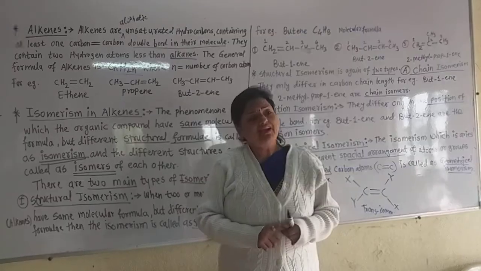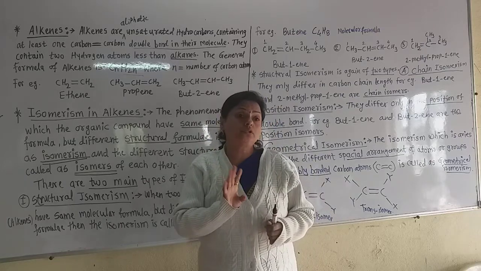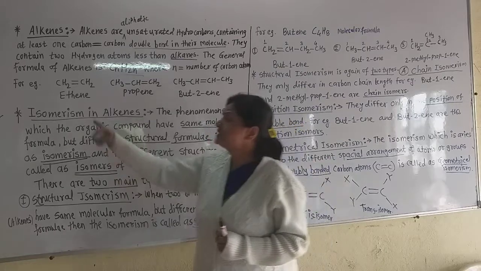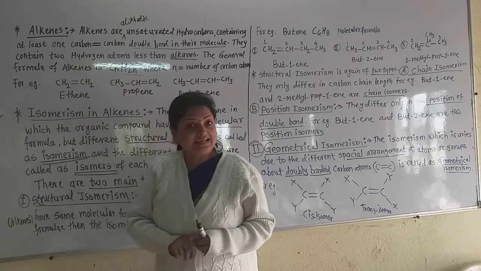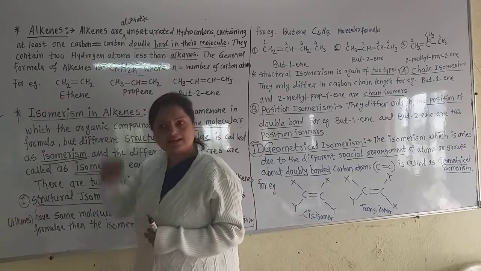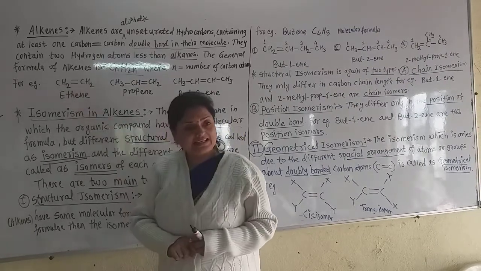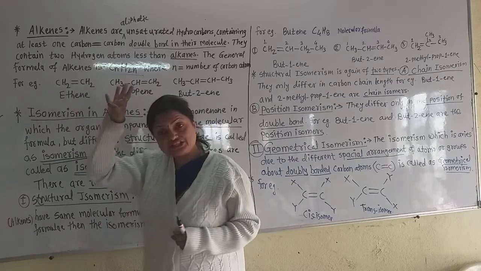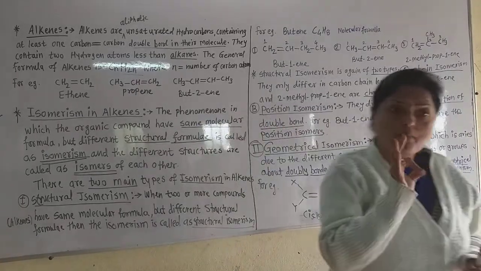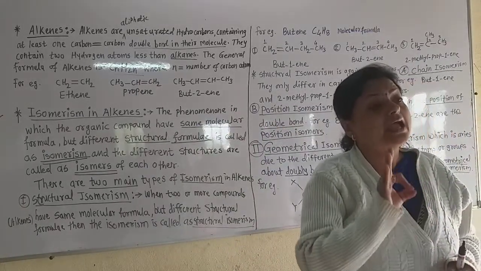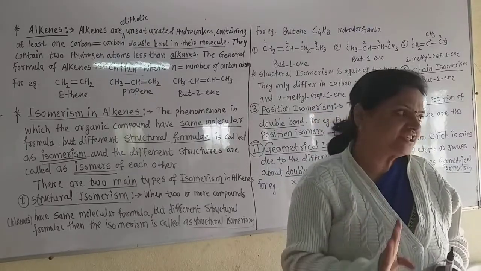And we know that the valency of carbon is 4. That means 4 bonds are a must around every carbon atom. Now see here, this carbon already has 2 bonds and 2 hydrogens are attached, so the valency of this carbon is completed. Another carbon also has these 2 bonds and 2 hydrogens attached, so it has also completed its valency 4. So always while writing the structure, you must see that the carbon has 4 bonds around it. Then the structure is correct.